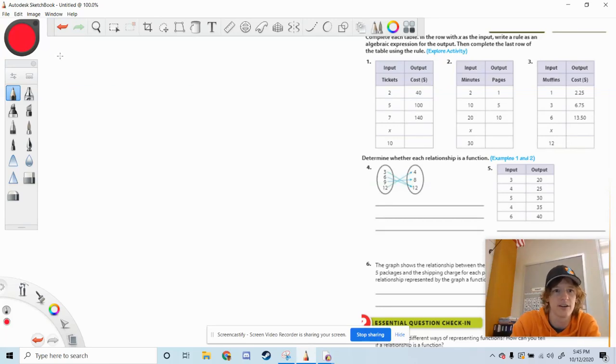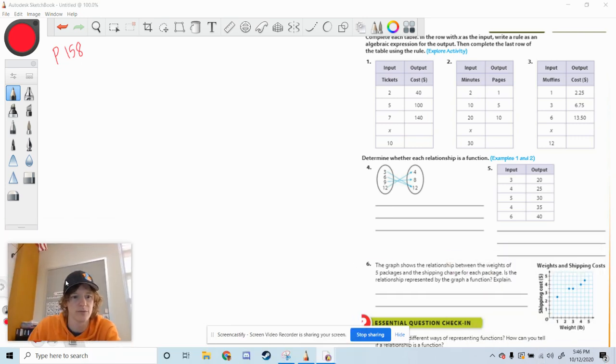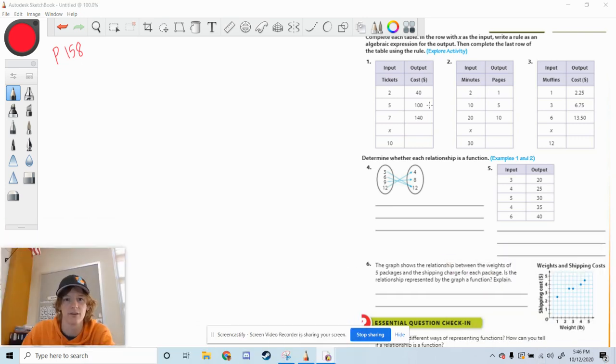All right, this will be a video for 8th grade. This is page 158 for 6.1, representing or identifying and representing functions. So I want to talk about really quick what a function